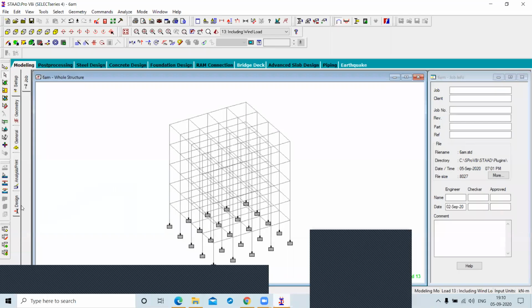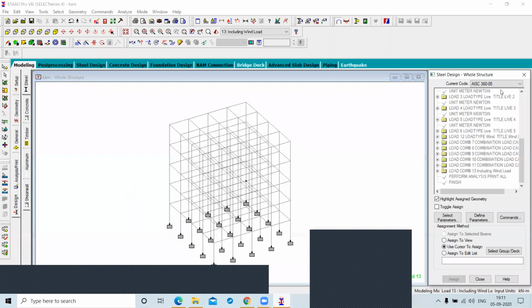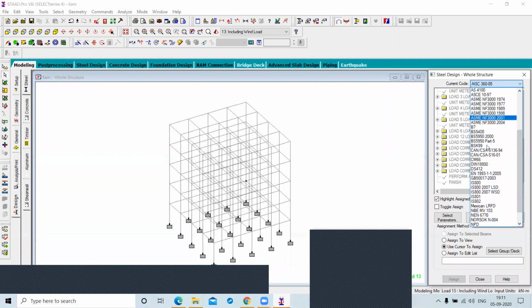You just go and click on the design button. Here you have to find IS 456. You just see from the starting. You have to find IS 456. Yes or no?